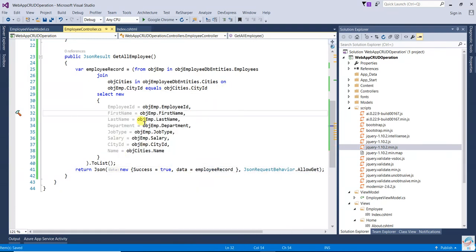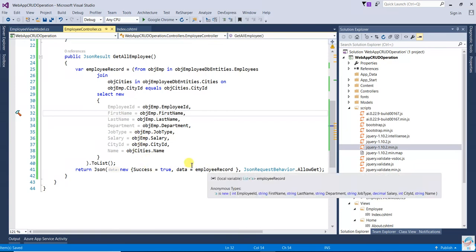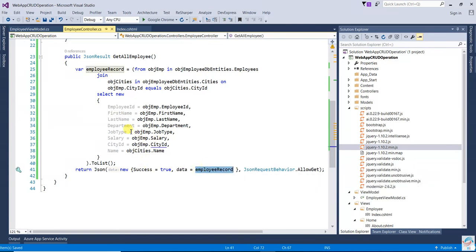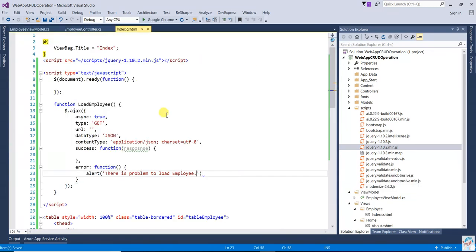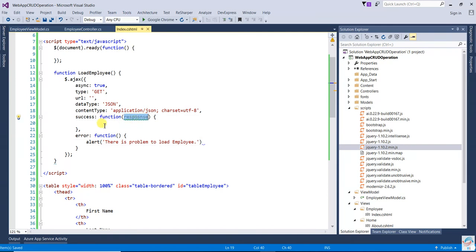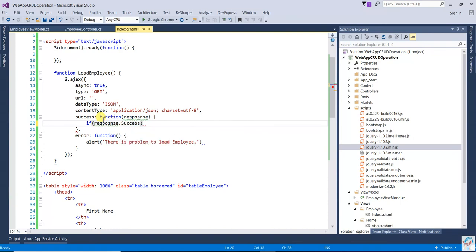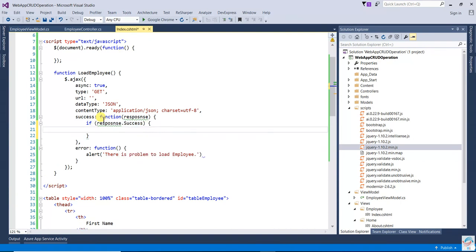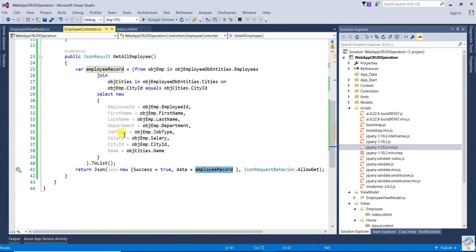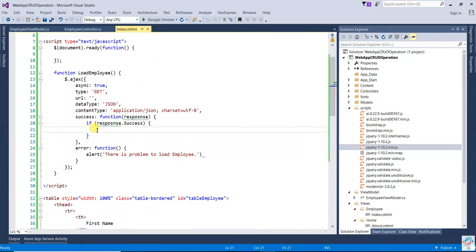Okay, clear. Now this employee record we are getting from the data. So here we'll check in index.html if this dot success, then this dot data means data. Okay, now if it's a success,